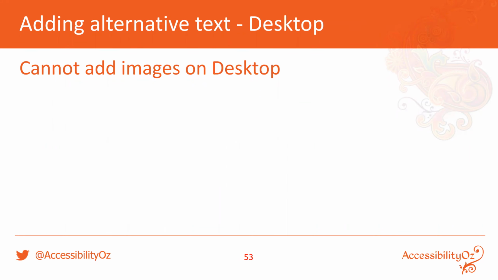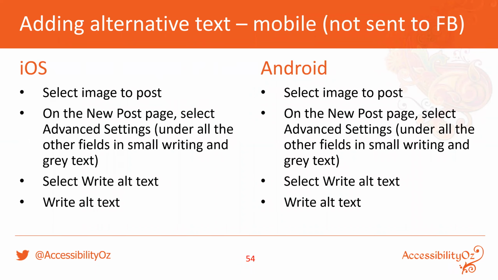And in terms of adding alternative text, you can't actually add images on the desktop, so you can't add alternative text. On iOS and Android, they are exactly the same. You select an image to post. On the new post page where you talk about the caption and things like that, there is a